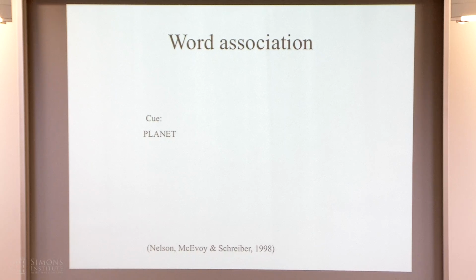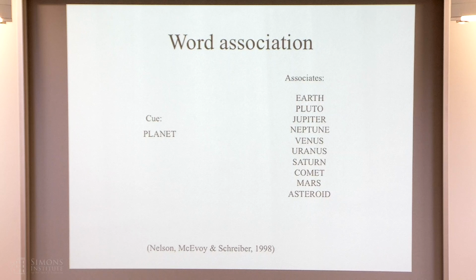Semantic association is something that you've probably done before. If I give you a word like planet, you yell out the first word that comes into your head. Well, that was good. Okay, so Earth is the highest frequency associate of planet. The way that these data are collected, you get a whole bunch of undergraduates to come into the lab, or you could now do this online. You show them a word, they type in the first word that comes into their head. You remove all of the swear words and inappropriate things, and then you end up with a list of the words that people produce with different frequencies. So this actually came from data from 1998, before Pluto was demoted from this list.